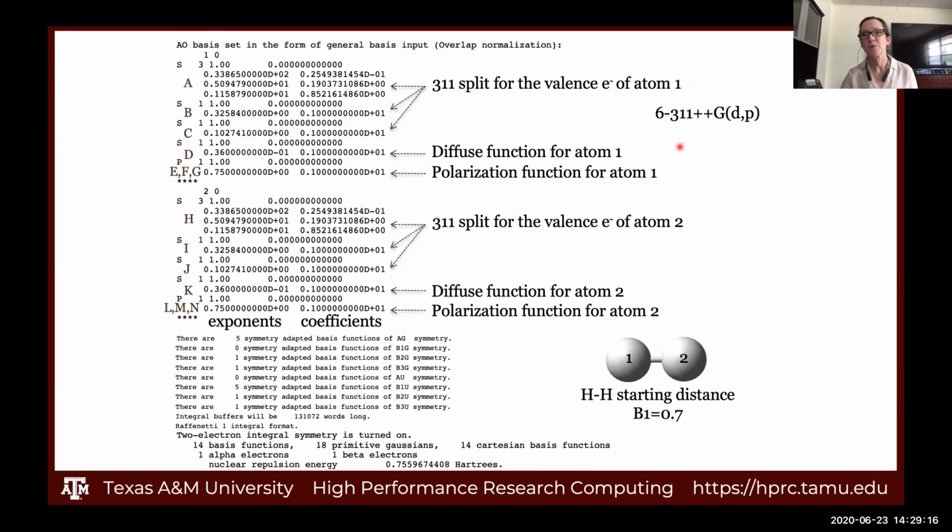Okay, so let's move up to 6-311++G(d,p). Again, this is very prevalent in the literature still today because of its balance of computational cost and quality of results. So this is split valence, 6 contracted for the core, 3-1-1 split for the valence space, adding on what looks like 2 diffuse functions, right? How many people think that means 2 diffuse functions? That's what I would think if I looked at it. Do you think that's correct? Is it 2 diffuse functions or